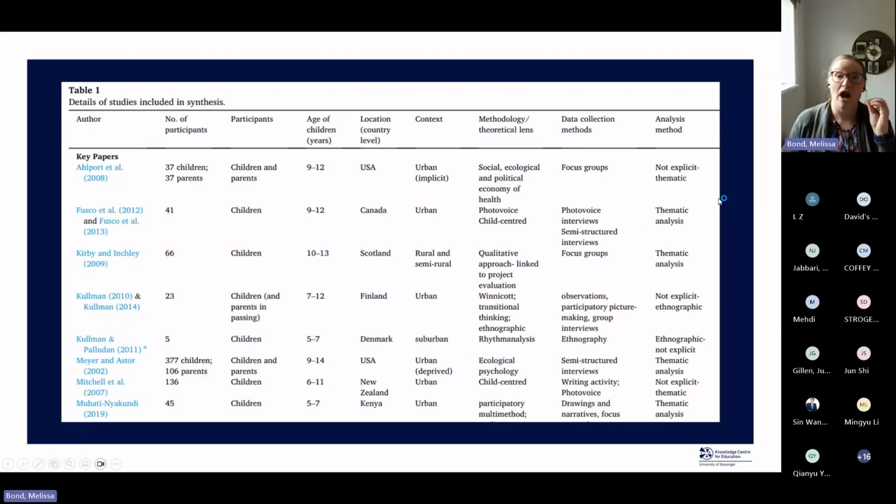And what they've also done, which I highly recommend you do in any evidence synthesis project, is include either within the text or perhaps preferably as an appendix, each of these studies with their study design information. So making sure that you're including things like number of participants, who the participants were, where they were located, what was the context, because that can seriously influence not only the findings of any individual study, but how generalizable those findings can be to other contexts.